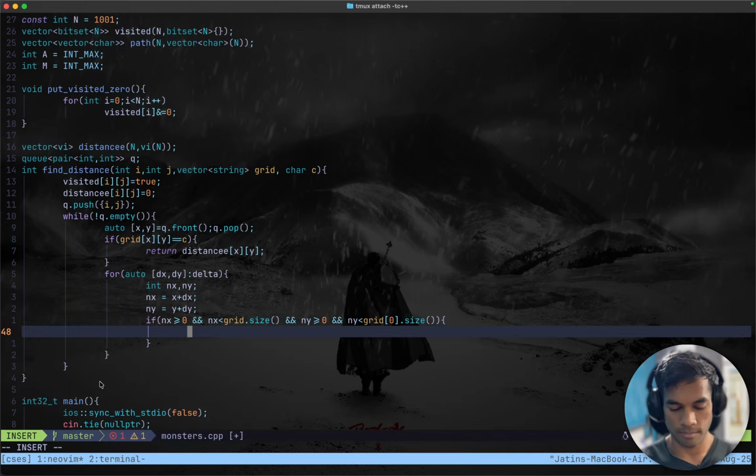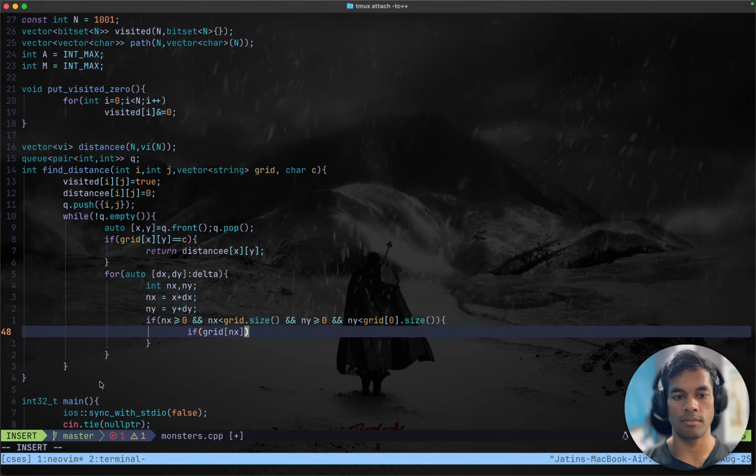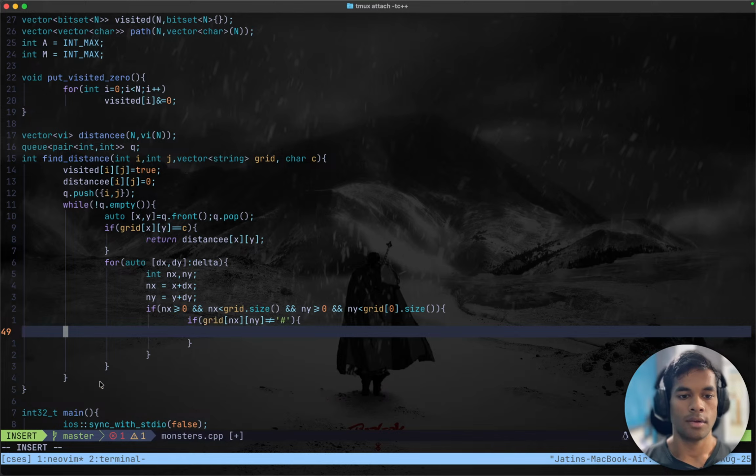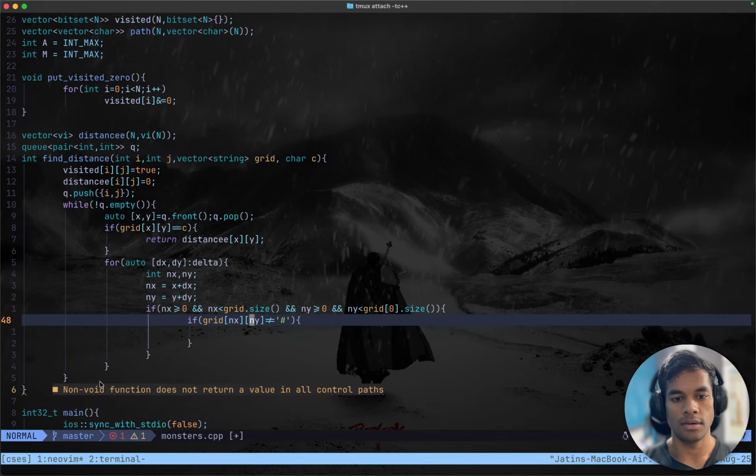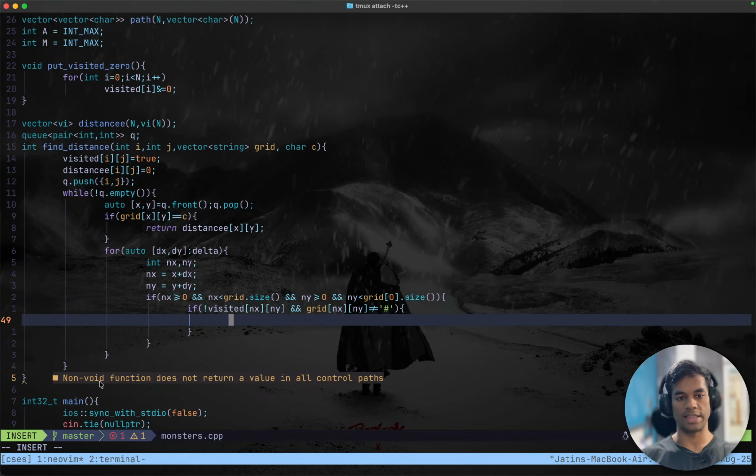And if it is not a wall, if grid nx ny isn't equal to hash, and if not visited nx ny and wall is not like this, then